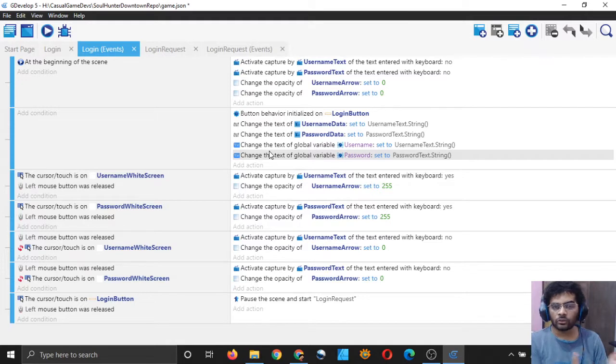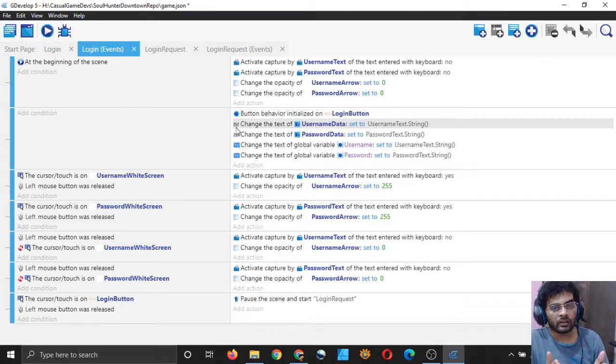So let it be stored in the global variable, because we will need it later to make more requests to our server, right? But if we are not able to log in, if error occurred, then we have to erase that username and password from the memory, from the variables, just to be safe. It's not necessary, but we will do that.